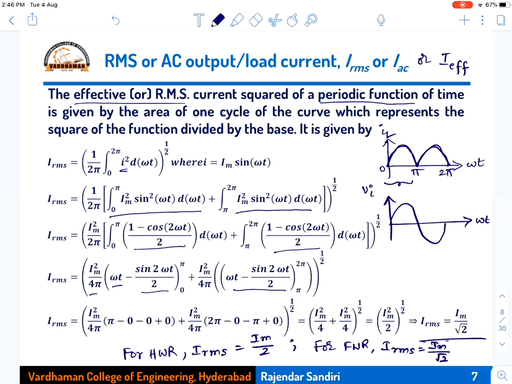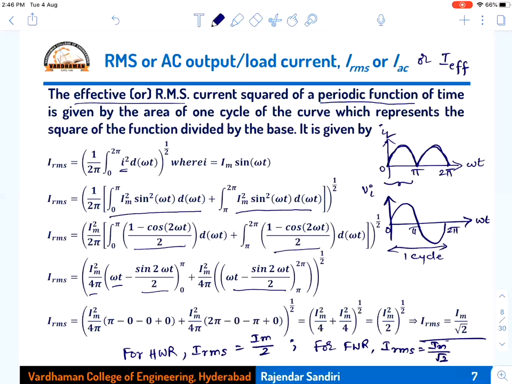That means the frequency of the input and the frequency of the output are not the same. So the time period is double. This is one cycle, 0 to pi, pi to 2 pi. This is completely one cycle. If you see the shape, the second cycle will be from 2 pi to 4 pi, same sine wave again repeated.